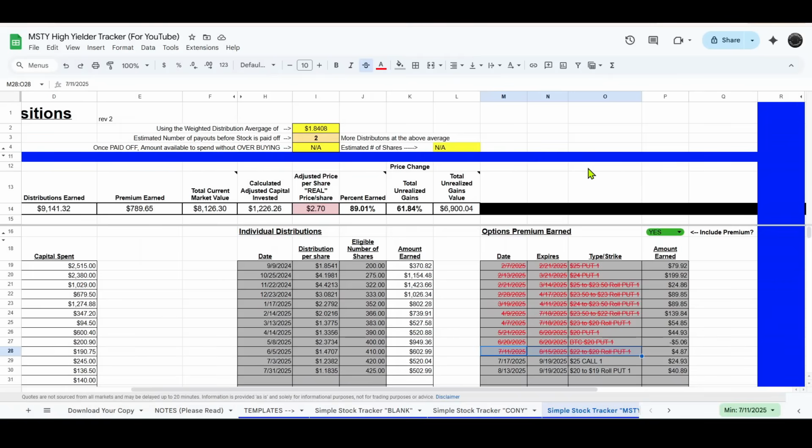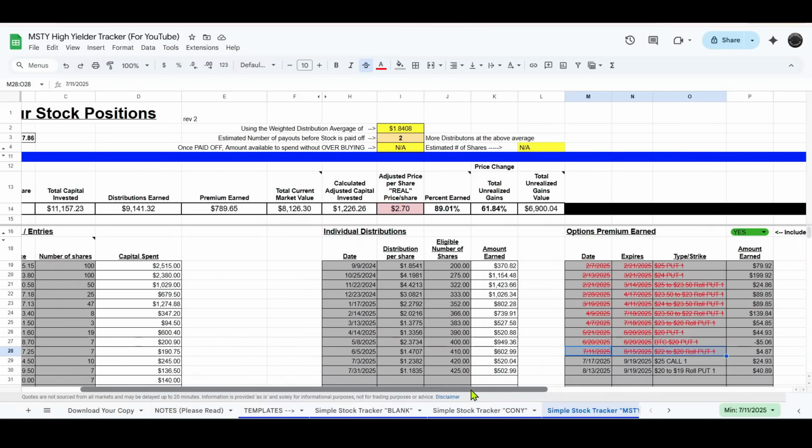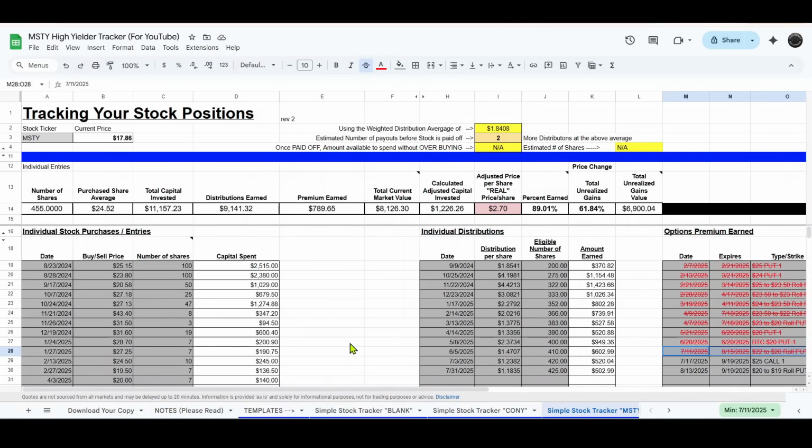So that covers all of my position changes and trades that I did make this past week. And let's just look and summarize what the changes now are showing. So I now have 455 shares at a purchased share price of $24.52. My capital invested now is $11,157.23. The distributions I've earned are still $9,141.32. And my premium earned is $789.65. The total current market value of those 455 shares at the current price of $17.86 is